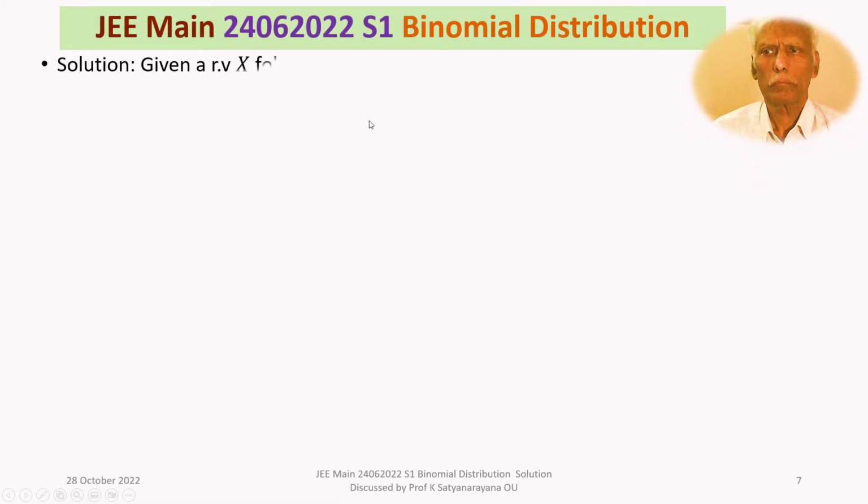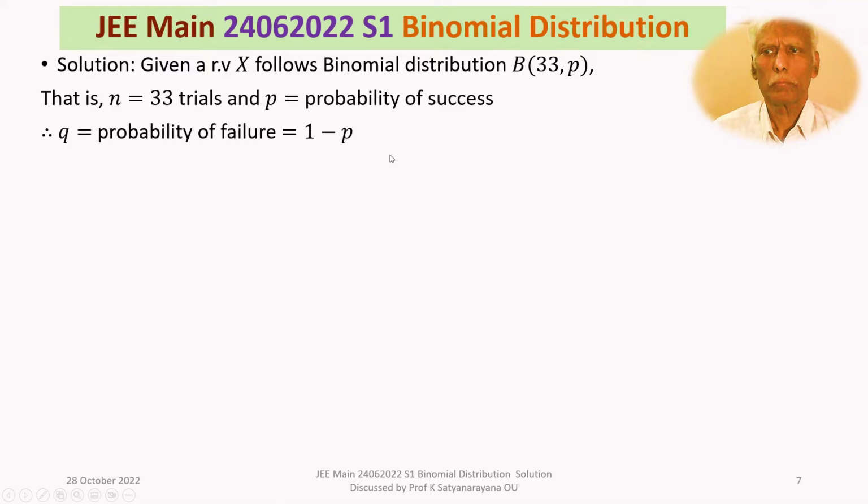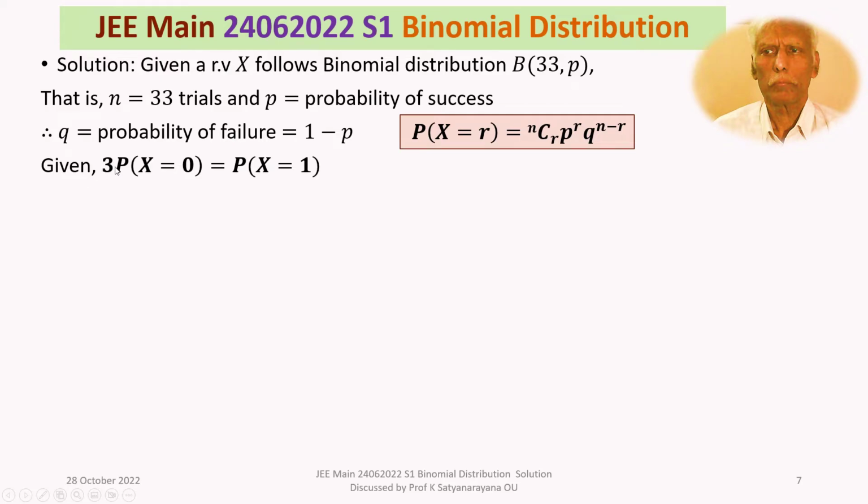Let's get into the problem. We are given a random variable X which follows the binomial distribution B(33, P). That means n is equal to 33 trials in the Bernoulli trials, P is the probability of success, and Q is the probability of failure, which is given by 1 minus P, and probability of X equal to r is given by nCr into P power r into Q power n minus r. Given the probability of X equal to 0 is equal to the probability of X equal to 1, we write down